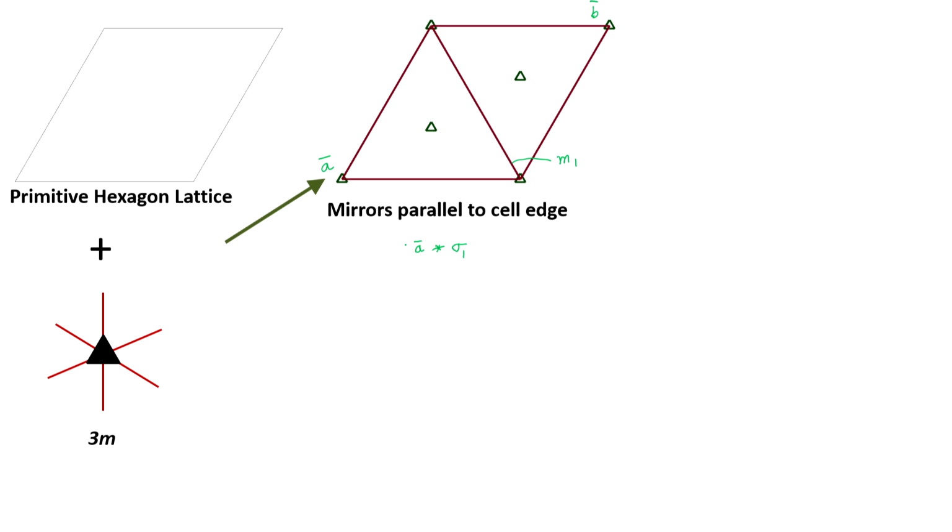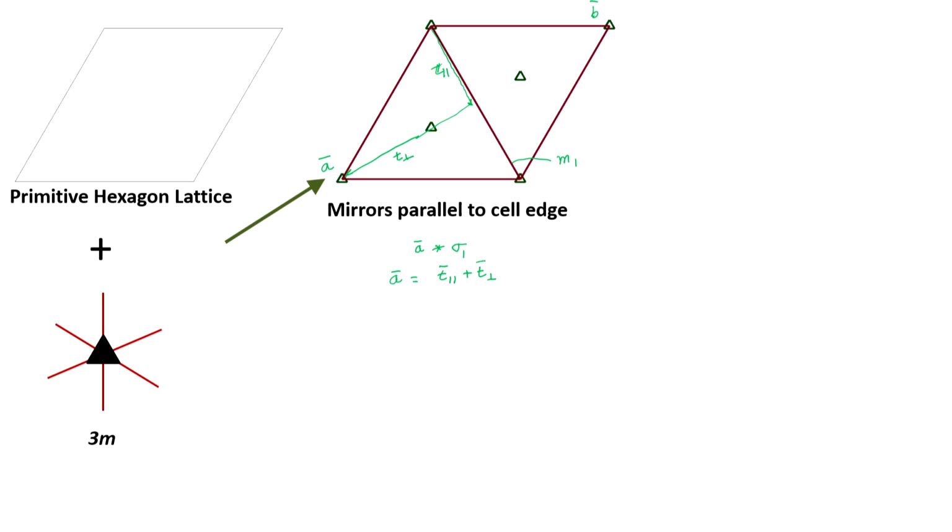Now, what do we do to figure out the glide plane? We have to break this translation into two components, the parallel component and the perpendicular component. The parallel component would be parallel to the mirror, so this I will call T parallel, and a perpendicular component would be like this. So, that is T perpendicular. What I have done is put A bar as two components, T parallel plus T perpendicular.